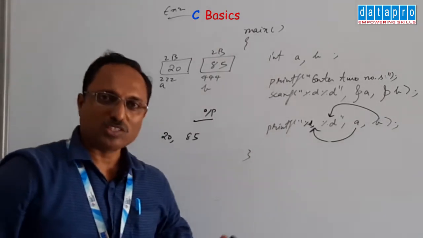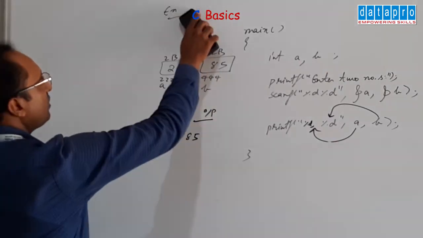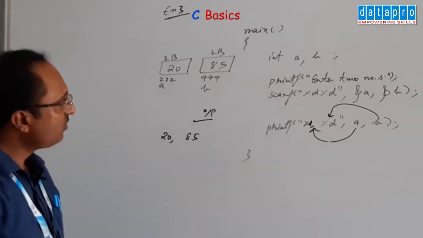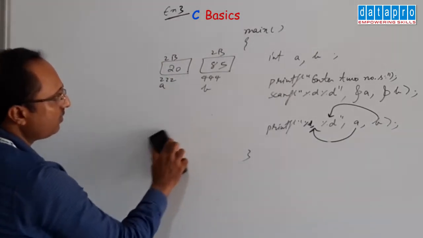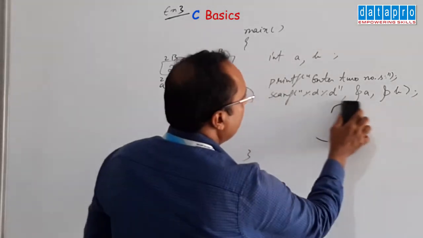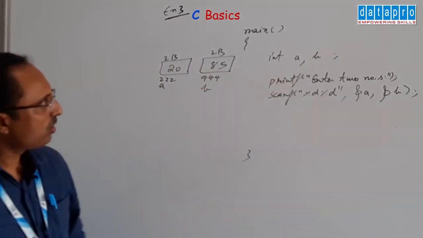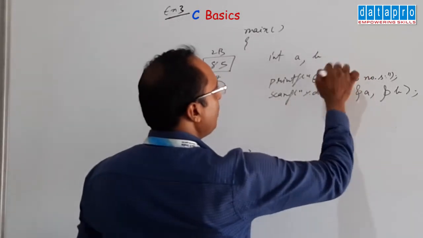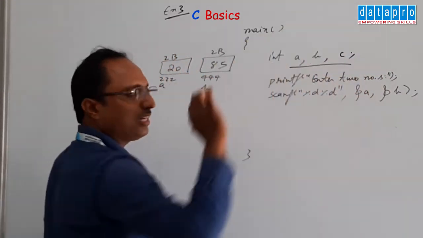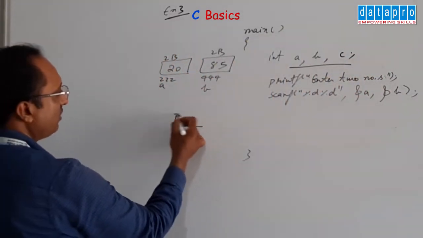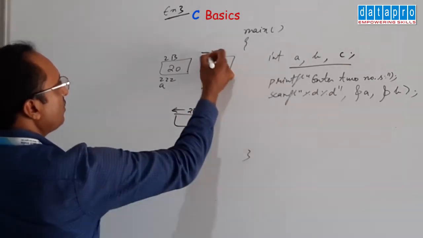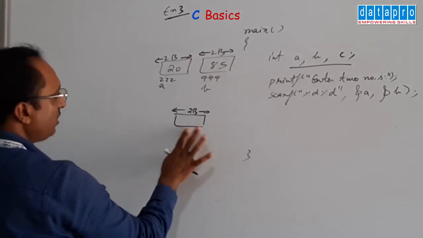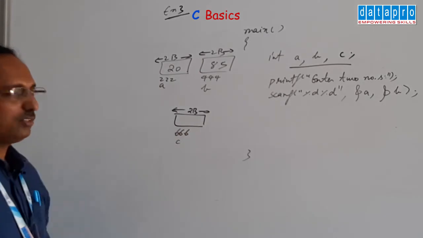Now let's do the actual processing one as example 3. So this is example 3, the last one in this video. Now this is input, we want to store the output also in another variable. So we have to take one more variable. Okay, all these are integer type of variables. So see, this also occupies 2 bytes. Some location, say 666, right.